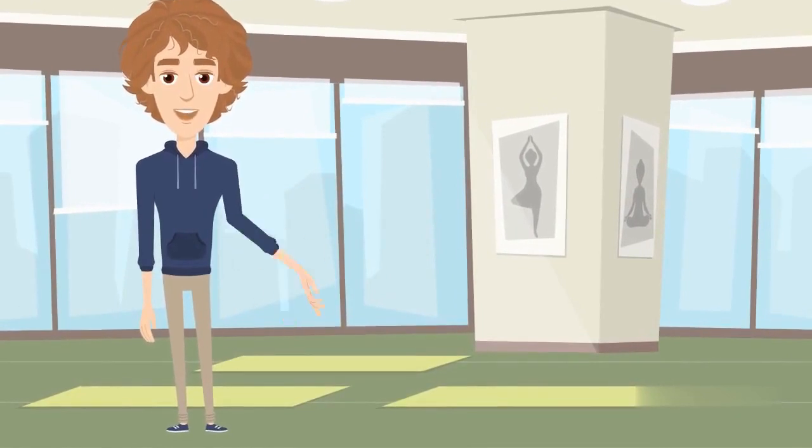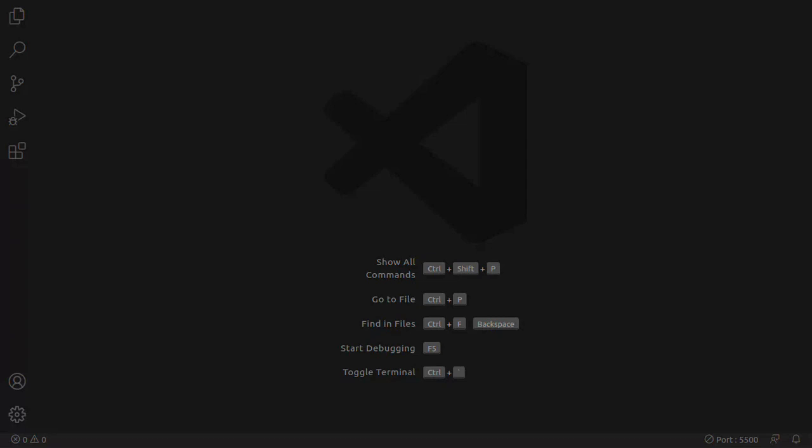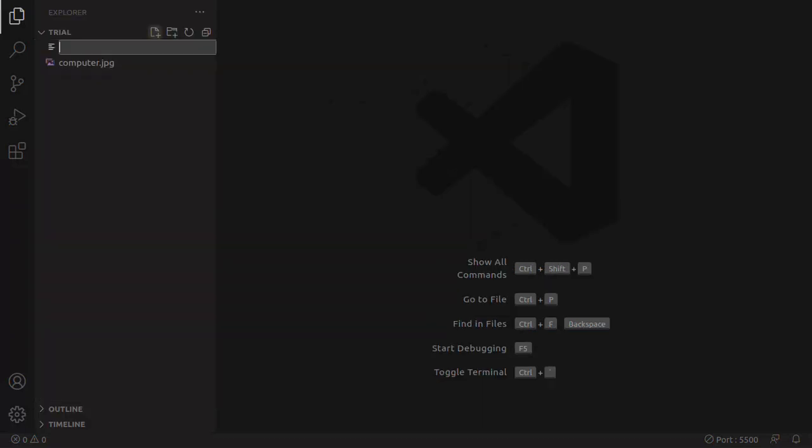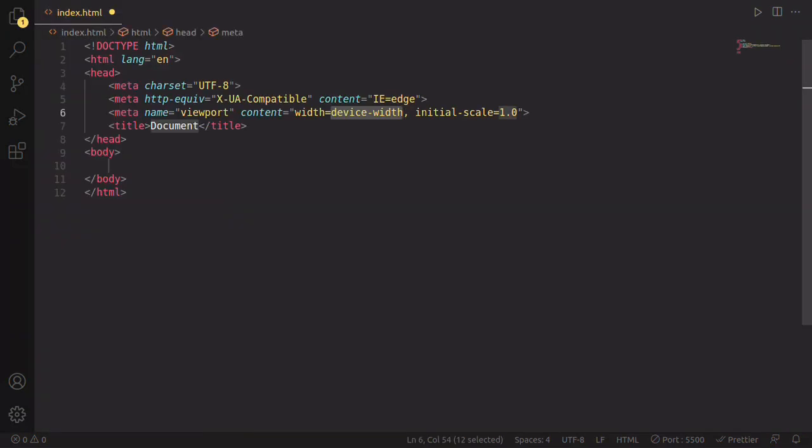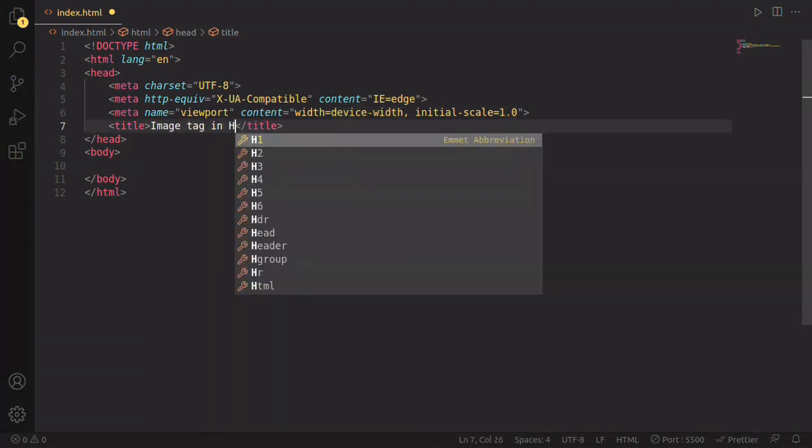In today's video, we're going to explore one of the fundamental elements of HTML, the image tag. So let's get started. Before we delve into the details, let's have a quick overview of what the image tag is and why it's so important in web development. The image tag, also known as the IMG tag, is an HTML element used to display images on a web